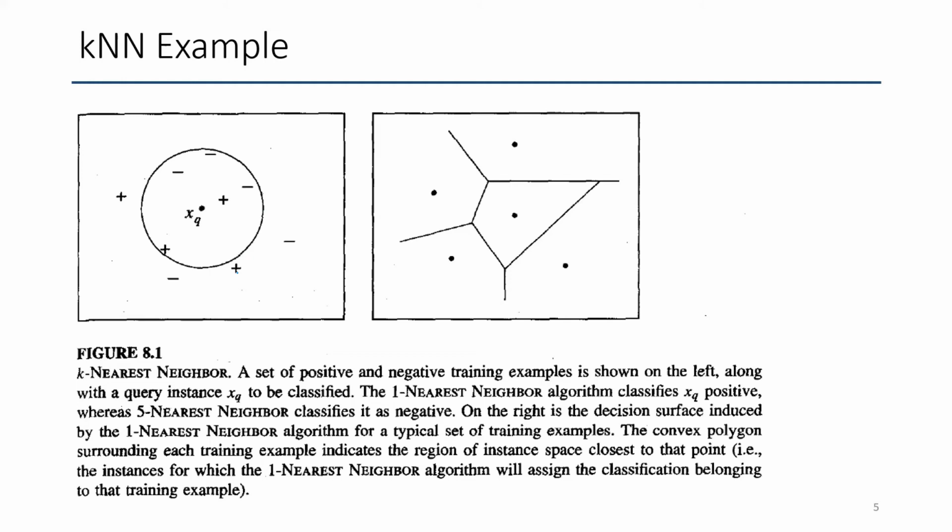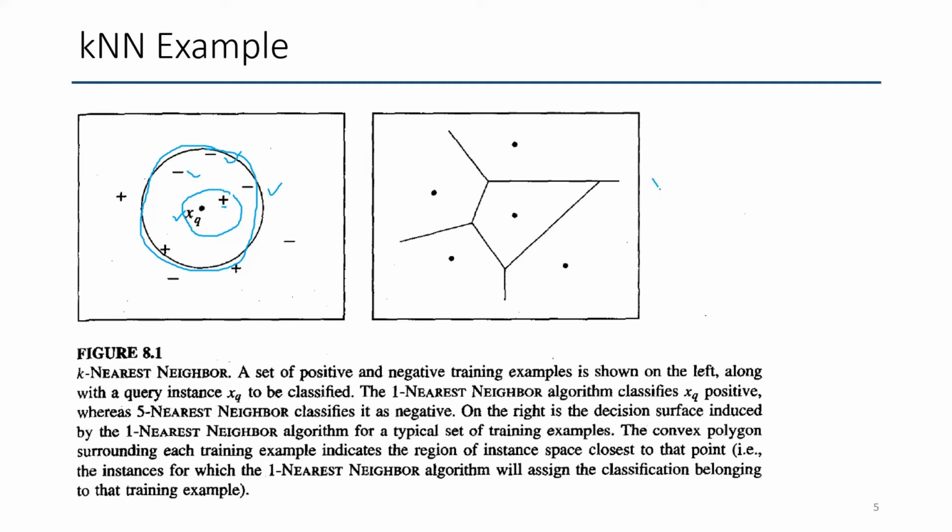So first one is the 5 nearest neighbor. So xq is my query example. I will find the 5 nearest neighbors which can be enclosed by this circle. So the majority class is negative, so I will predict this sample as negative. But what if my k value is 1? So I can see the one nearest neighbor is positive, so xq could have been labeled positive. So the k value is very important.